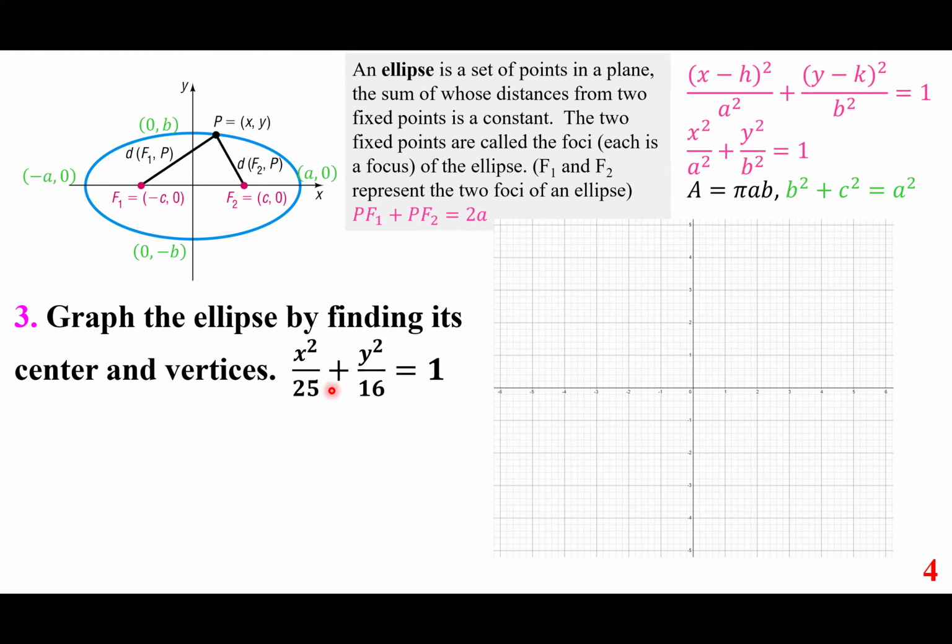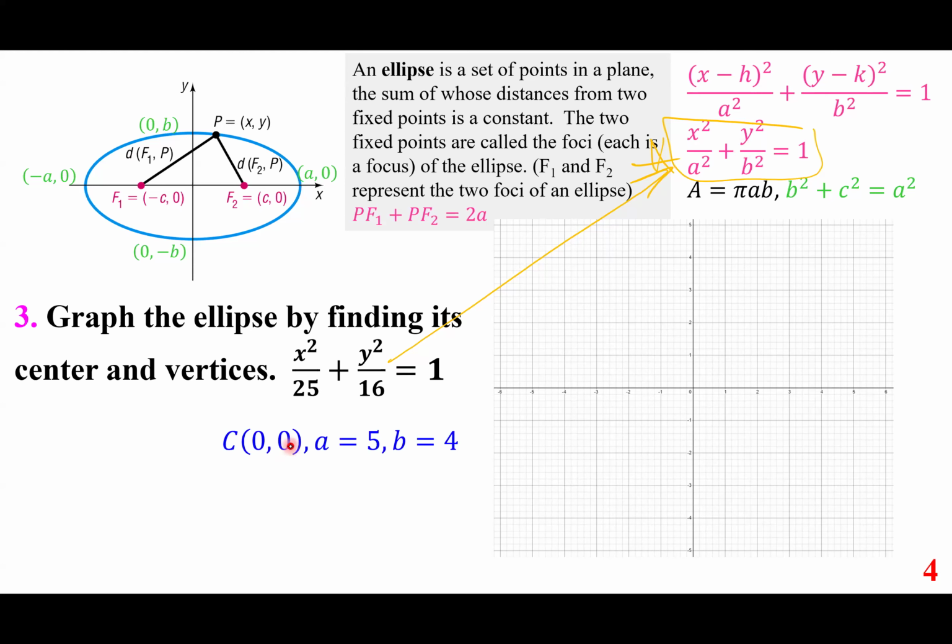So compare to this one, and you notice a squared is 25, so a is 5. b squared is 16, so b is 4, centered at 0, 0. So to graph this,